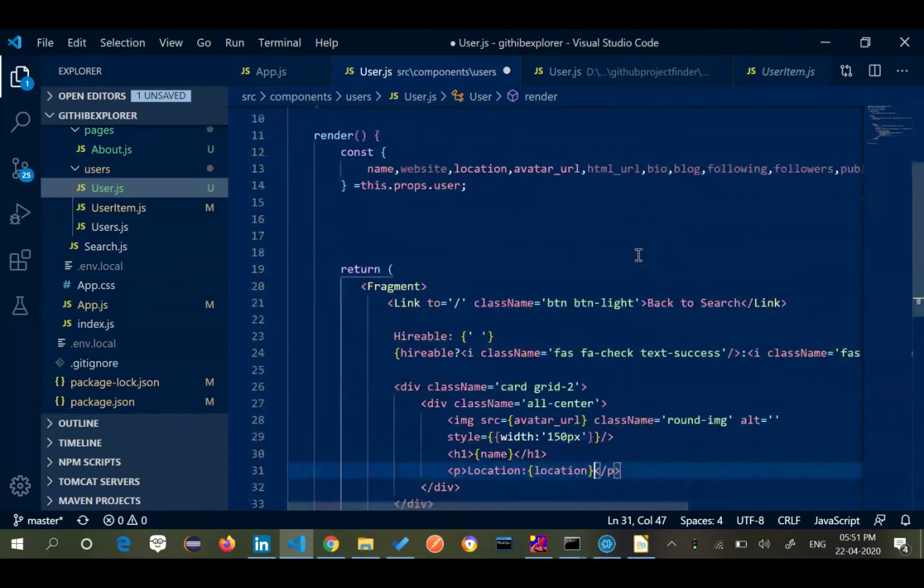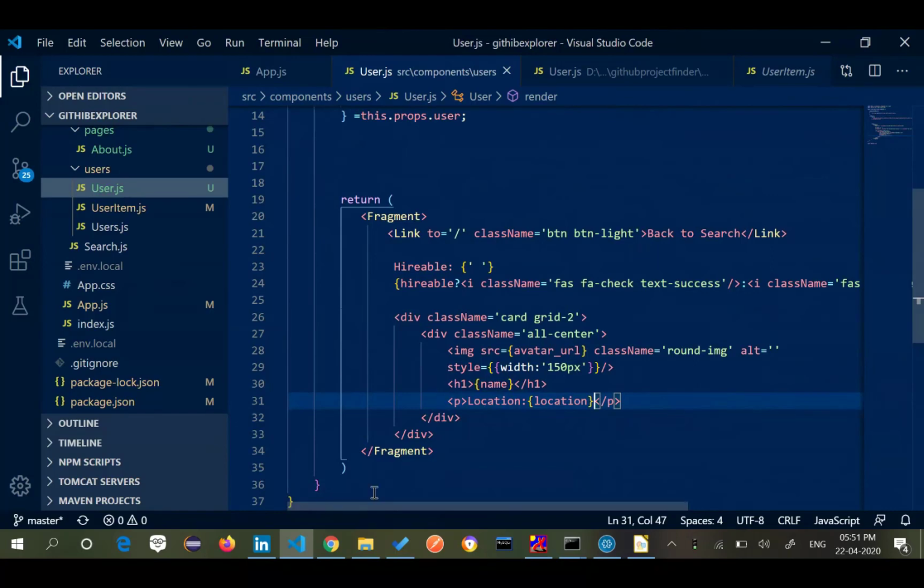What I'm doing right now is I'm just making use of it to make my page.